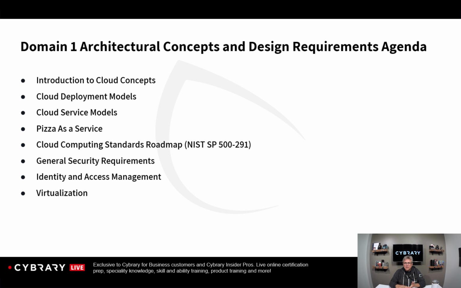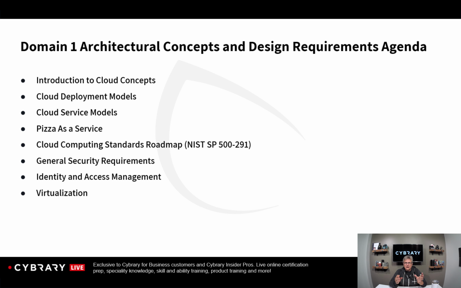We'll talk about the deployment models. We'll talk about the various services. So when we say deployment, we're talking public versus private cloud, with services: software as a service, platform as a service, infrastructure as a service. And one of the ways I've found to describe it that helps pull all that together is by looking at pizza as a service. I feel like if there's anything you can use pizza to explain, it always goes better. Big pizza fan. All right, and then we're going to look at the Cloud Computing Standards Roadmap, which is defined